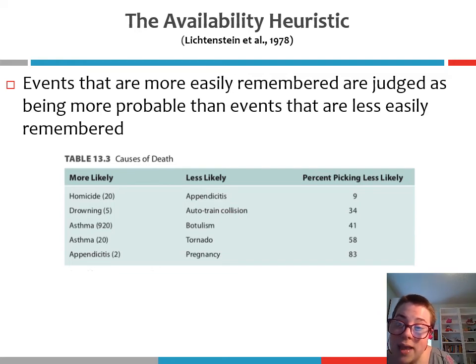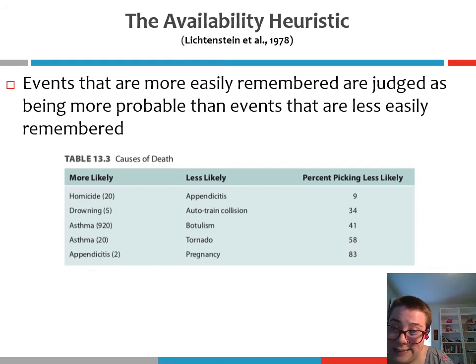Okay, and in this particular example, only 9% of people chose the less likely cause. So 91% of participants correctly said that you were more likely to die of homicide than you were to die